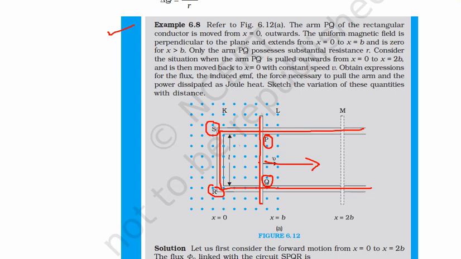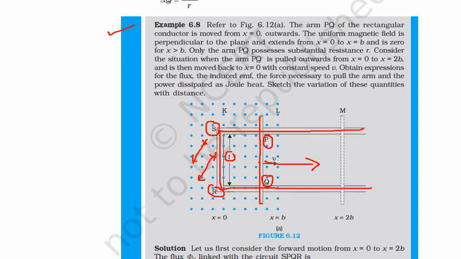Now what are the other differences? The length will remain the same, and this is a uniform magnetic field. Here we can see the uniform magnetic field. If we look, this magnetic field is coming out of the plane of the paper, because we are seeing a dot. So that means the direction is coming out of the plane of the paper. So that we learned about dot or cross.